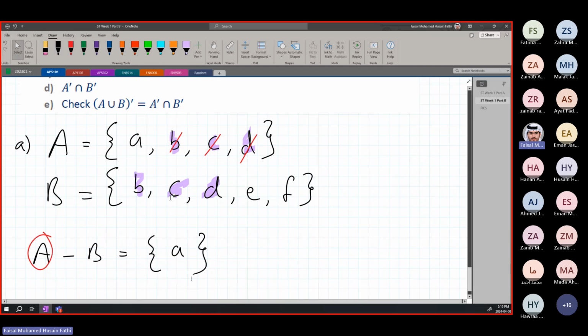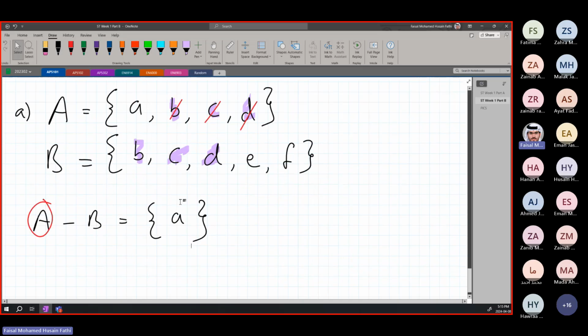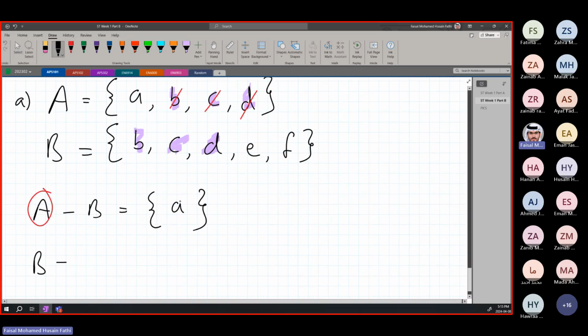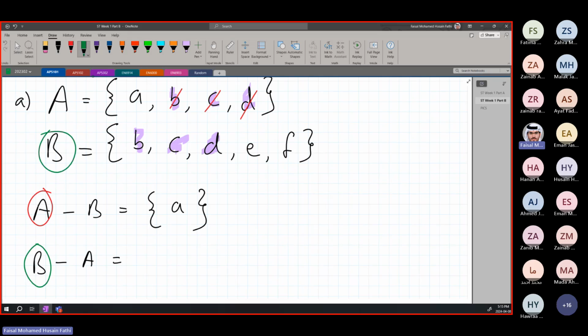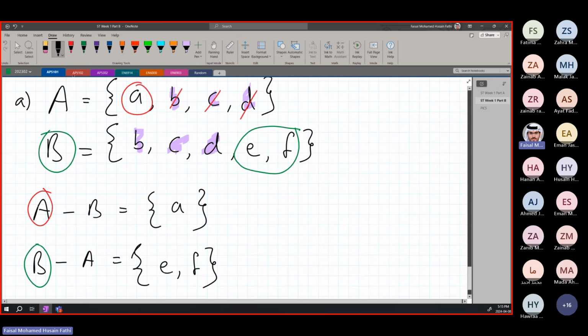The same exact thing will happen for B. So this is for A minus B. Let's say we want to do B minus A. For B minus A, again, it's the same purple highlights. It's the same exact thing, but now B is first, so we're subtracting from B. So what will be remaining is just E and F. In this case, only A was remaining. So this is going to be equal to E and F. This is what subtracting means in the world of set theory. Tamam? Very simple, very easy, very straightforward.